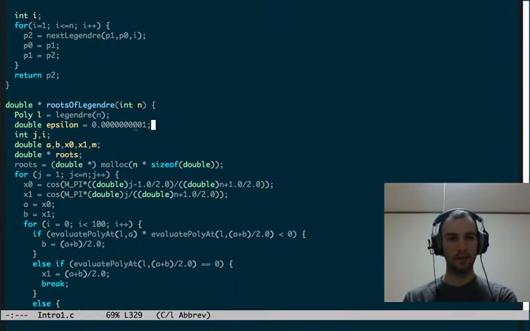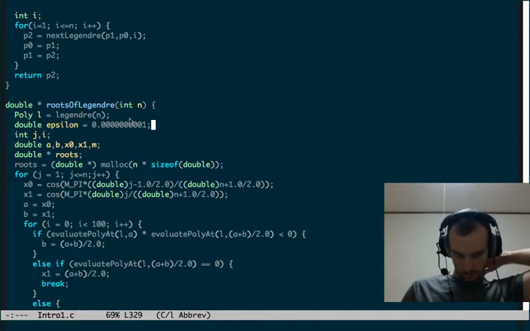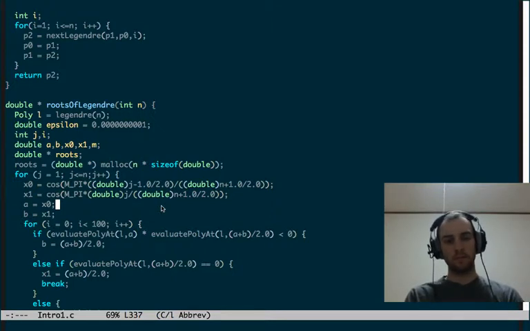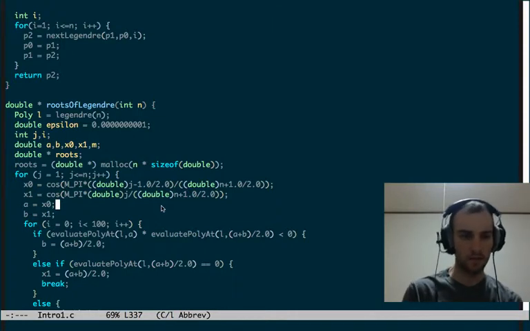So it does change. You also have to remember that our method for finding the roots isn't super great necessarily. We sort of combine two methods, and it's kind of a